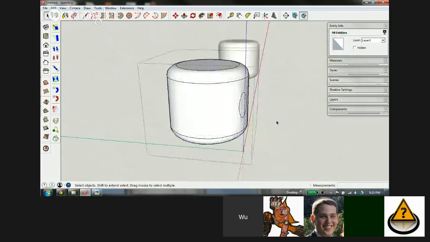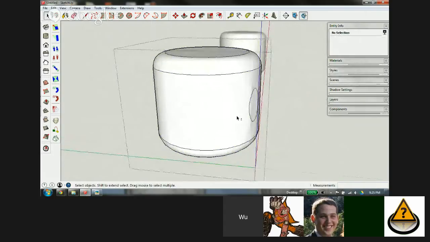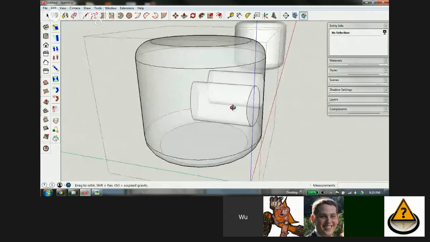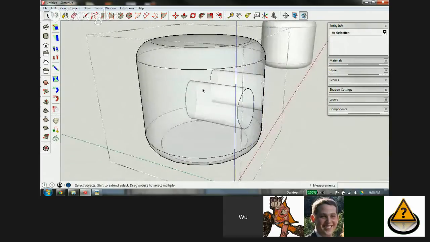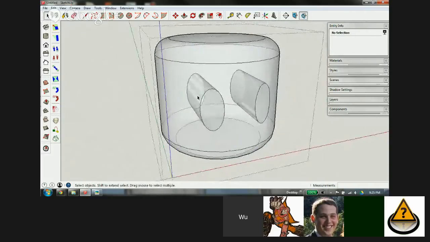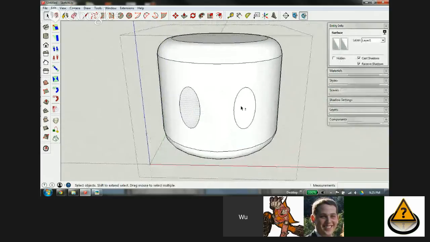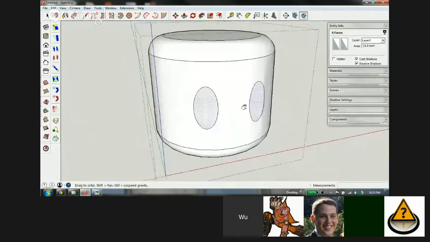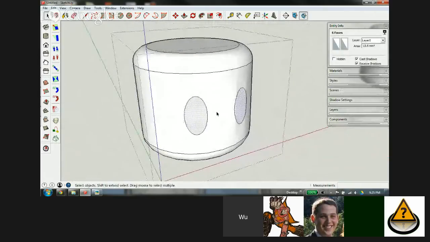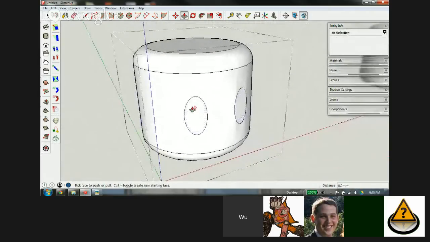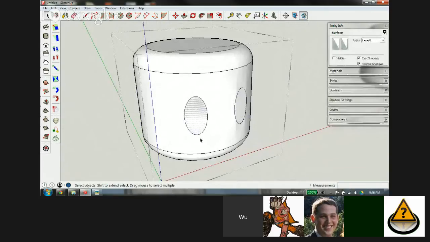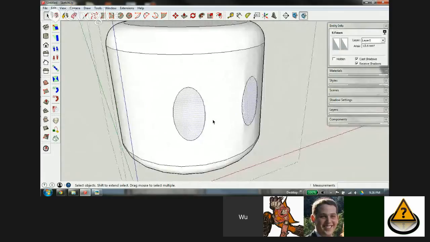There, and delete. Before we get rid of these guys, we're going to leave them there for just a second because we need to push these in 0.25 millimeters. So to do that, I'm going to select you and Shift select you. It won't let me push-pull it, because push-pull doesn't work on a curved surface. So I'm going to shift-click those. I'm going to hit Move,